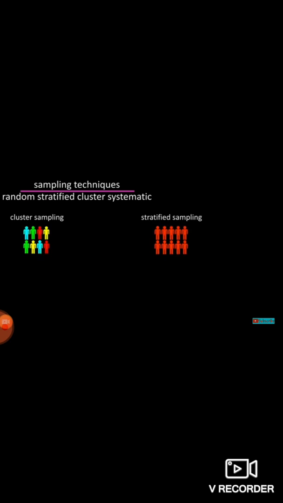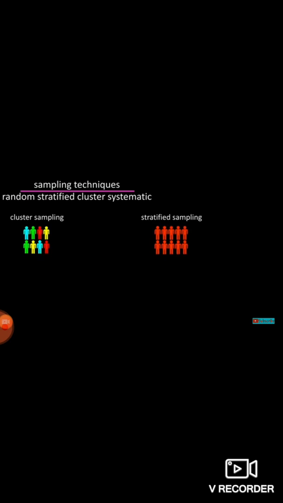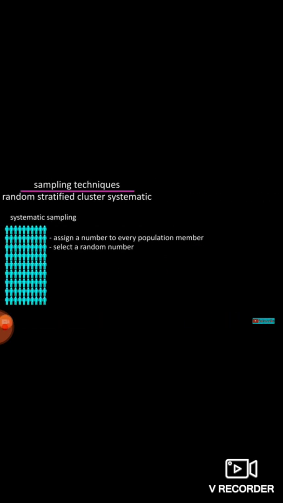So the sample is more representative. But in stratified, this is not that representative, because we are selecting the entire strata randomly, so not that representative of the population.